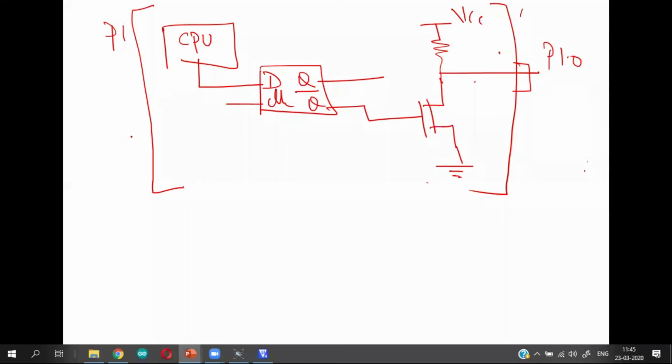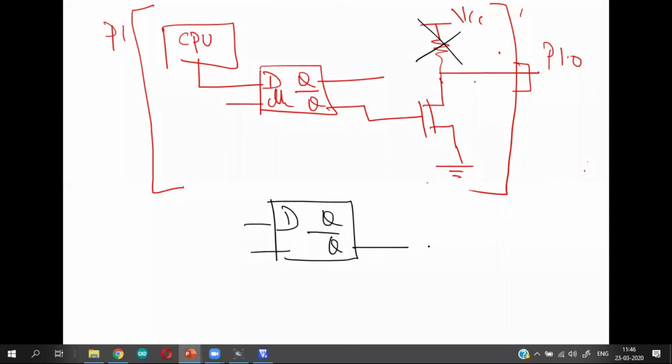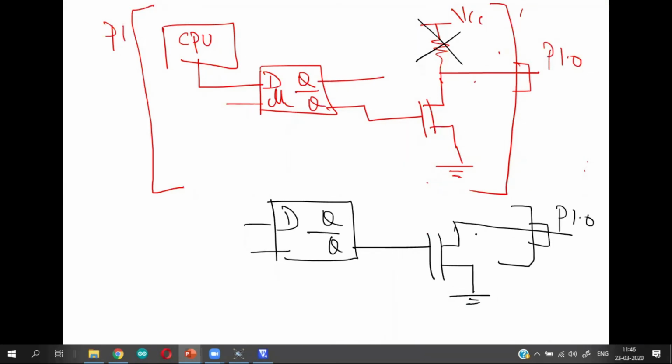How is port 0 different from this? Port 0 will not have this internal pull-up, which means what? You have a D input, a Q output, and a Q bar output. The Q bar output is internally connected to a MOSFET. The MOSFET output is directly connected to the port pin. There is no internal pull-up available. This is for port 0, not port 1.0, port 0.0 let us say.